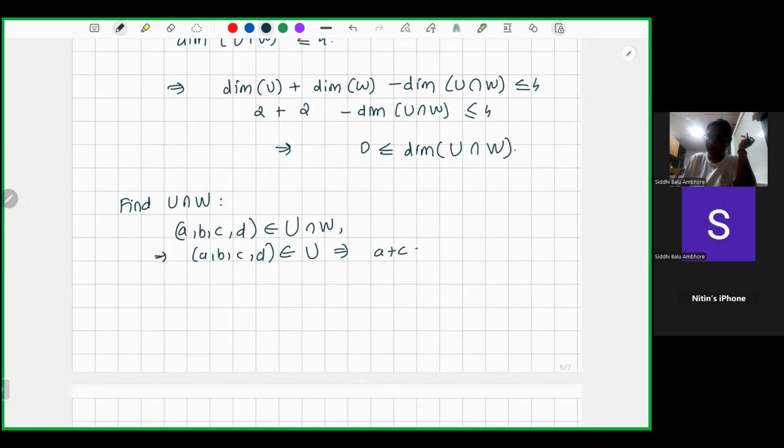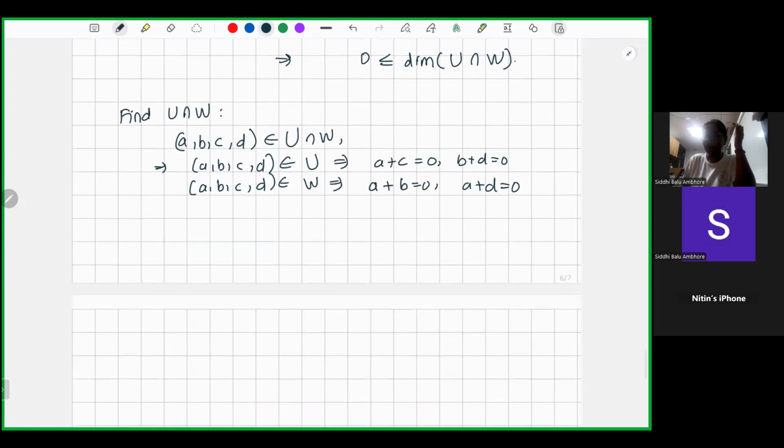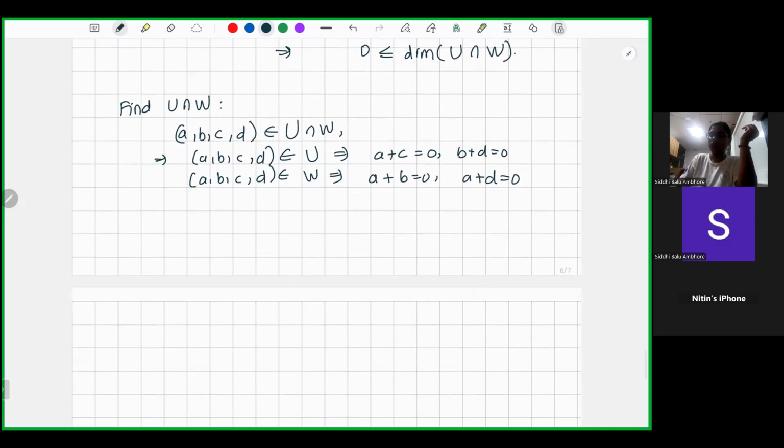Or A plus C is 0, B plus D is 0. And if A, B, C, D are in W, then we had A plus B is 0 and A plus D is 0. If I want to solve these four equations at a time, this is AND, so that the ABCD vector is in both U and W. And if I want to find the dimension of both of these, then I have